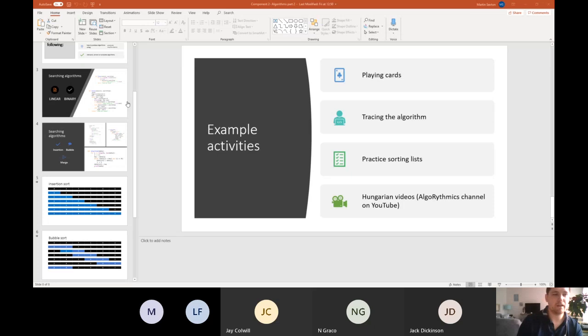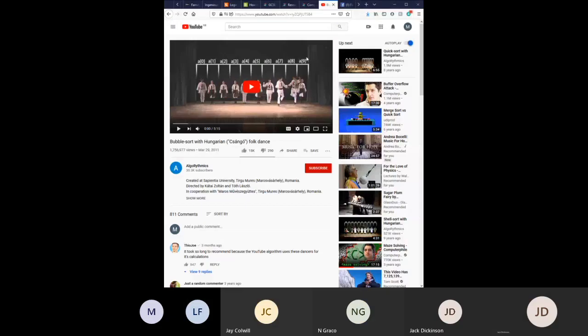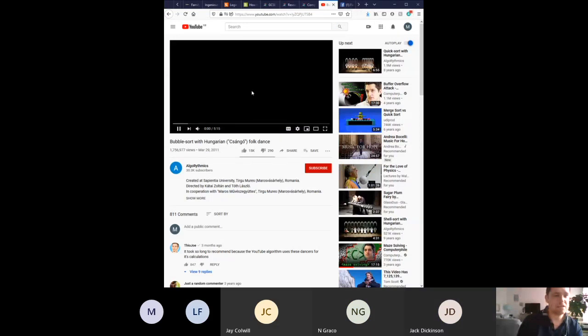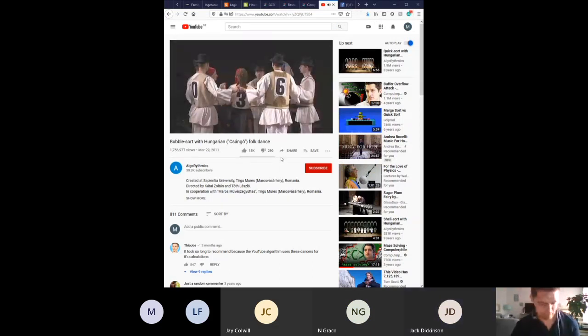Which is a little bit of fun. The kids do tend to find it a little bit annoying at times after they've seen it a few times, but it definitely does help to get them to understand it. So hopefully you can see that. So you can just go through, and they've just got people with numbers on them, and they go through and they,